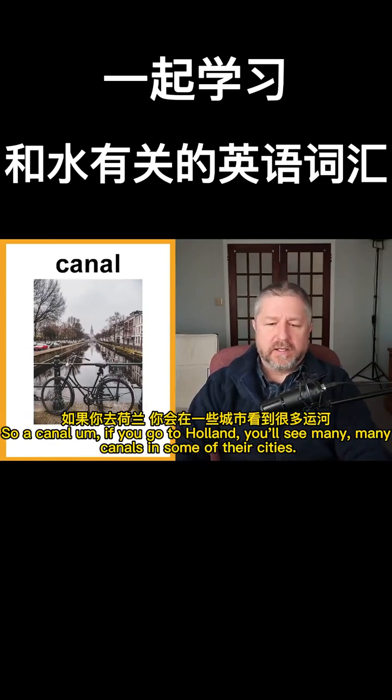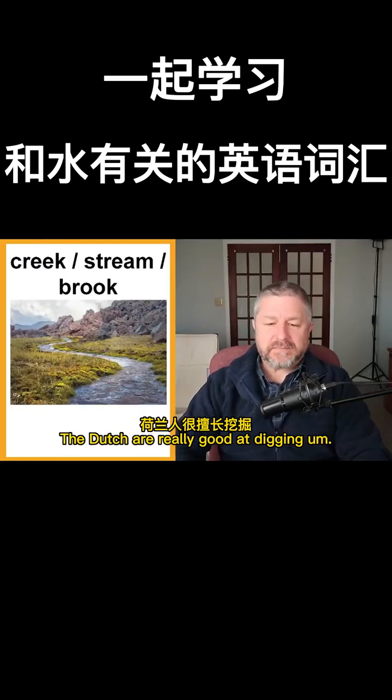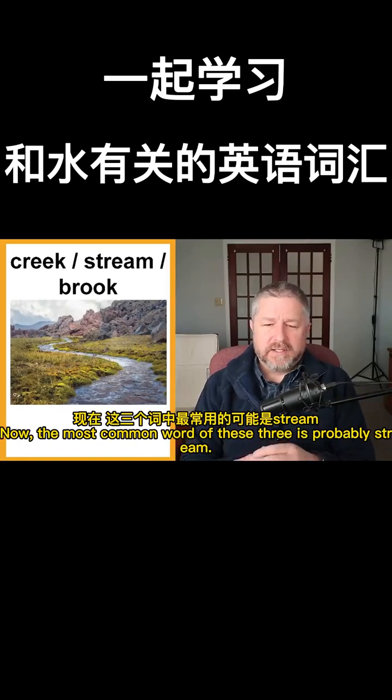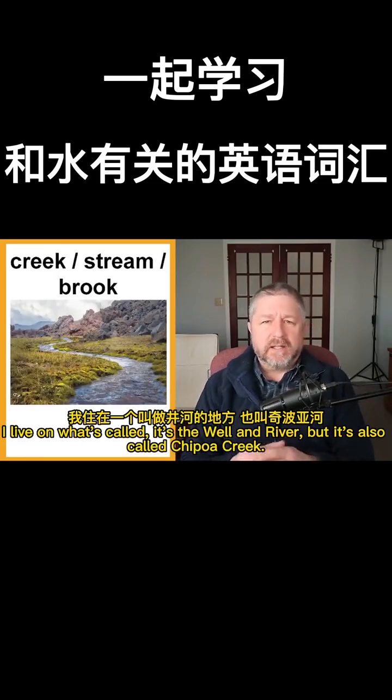So a canal, if you go to Holland, you'll see many, many canals in some of their cities. The Dutch are really good at digging canals. So we also have small flowing things like creeks, streams, and brooks. Now, the most common word of these three is probably stream. So just so you know, these are all smaller than a river. Okay. I live on what's called, it's the Welland River,